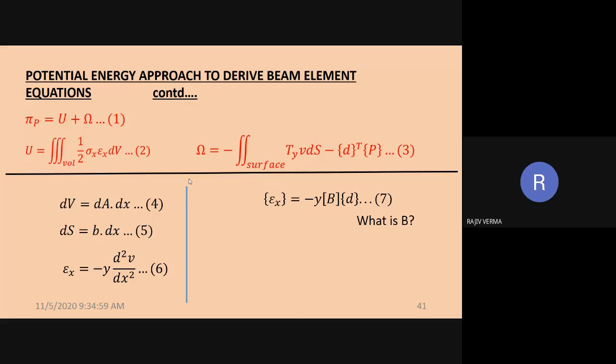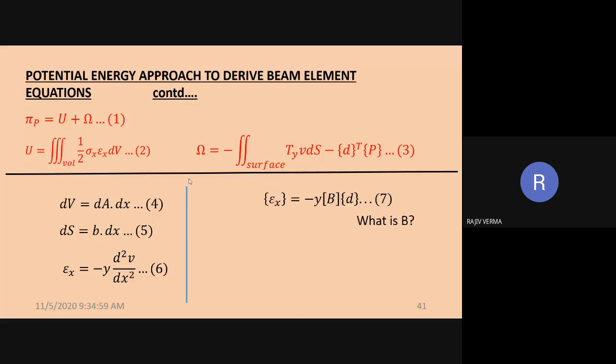A similar B matrix was used in the case of the bar also. So those of you who are feeling somewhat out of place can refer to the lectures on the bar, where we differentiated the shape functions to get the